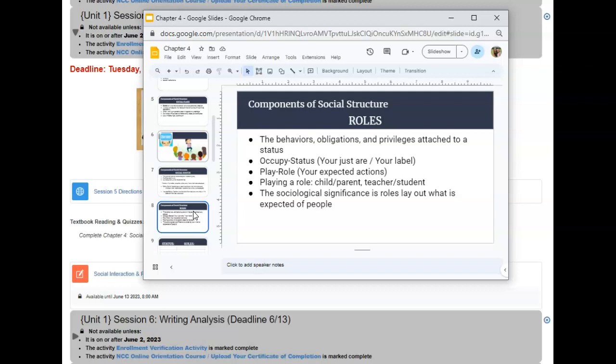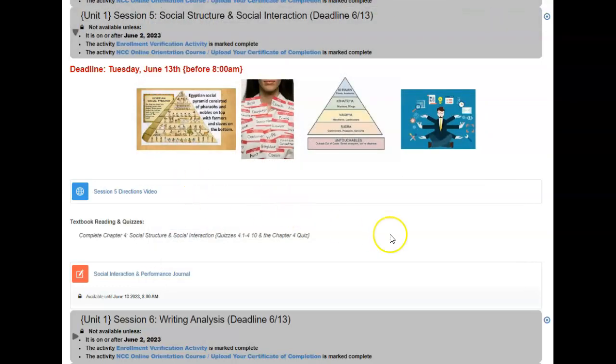So that is something that a lot of students don't really grasp immediately, but once I use the example of playing charades, it's just easier for us to latch onto what the difference between a status and a role is. Okay, moving into the work for session 5, you are going to complete chapter 4.